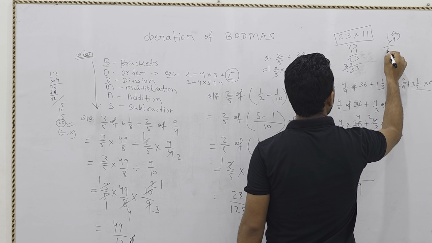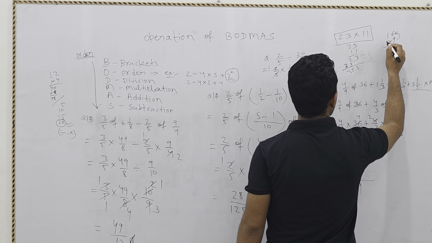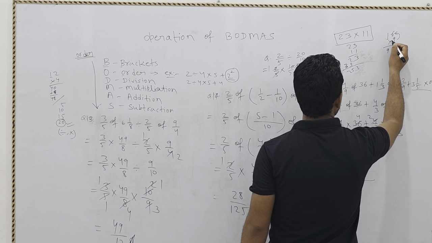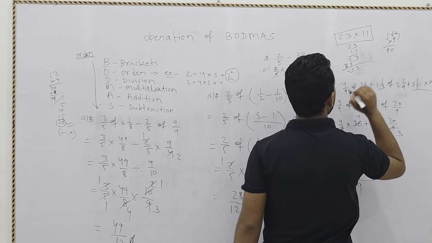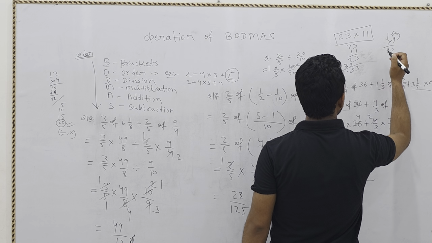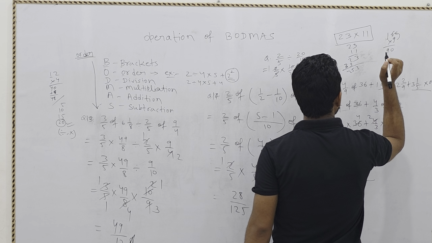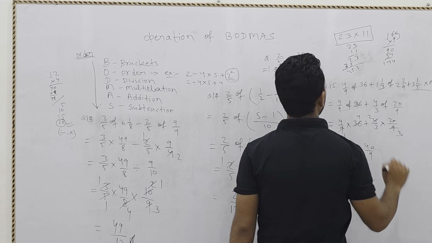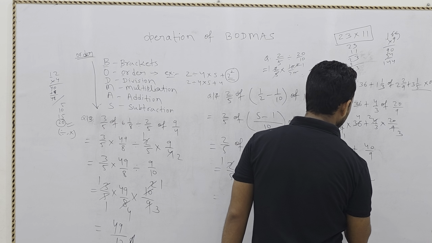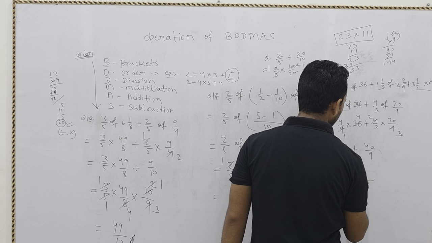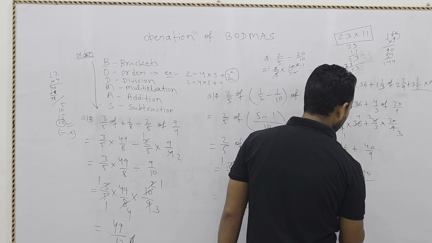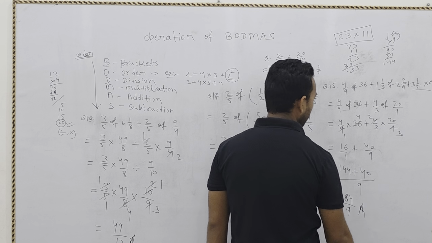9 1 ja 9, 9 1 ja 9, and it is in the tens place, ones place, tens place. Because it is in the tens place, this becomes 0, and 9 6 ja, if it is not coming then we can also do 6 9 ja, that is 54. So 4 1 4, it is 144. So here 144 plus 40. So here we will get 184 by 9. So this will be the answer for this question.